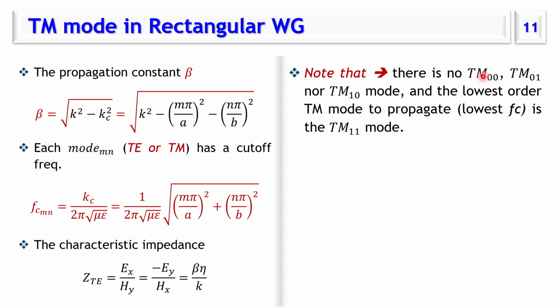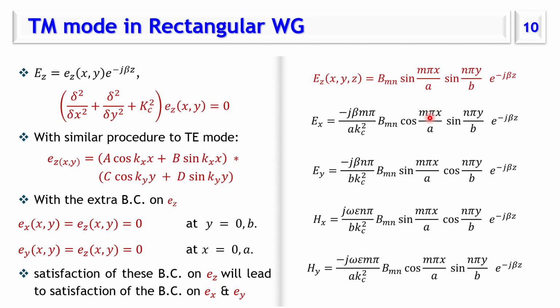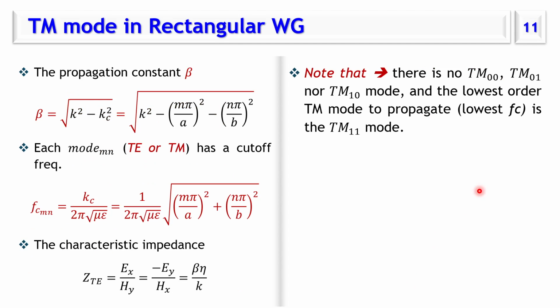But there is one major difference between TE modes and TM modes: there are no zeros in TM modes. So there is nothing called TM00, TM01, or TM10. All of those do not exist, because if m is 0 or n is 0, the sine will be 0, so Ez will be 0 and all the other components will be 0. So for TM modes, the mode with the lowest cutoff frequency is TM11,